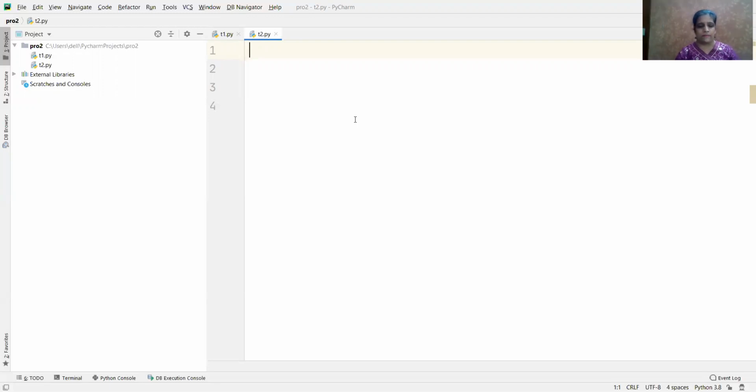Right, let's start. For this, I have to write class here. Let me mention teacher. Class name should always start with a capital letter. Now a colon. Then I'm not passing any statement right now, I'm not declaring anything, so I have to write the pass statement. Pass is a keyword which tells the compiler that right now I'm not having any specific statements, I'll write them later on. So it will pass over this particular class statement and come to the next.